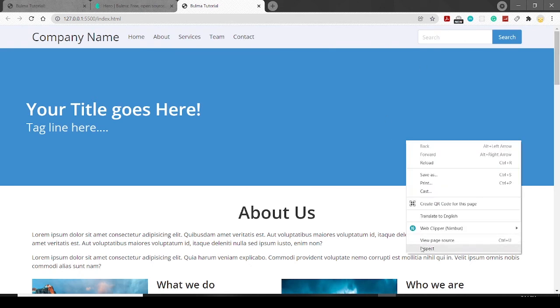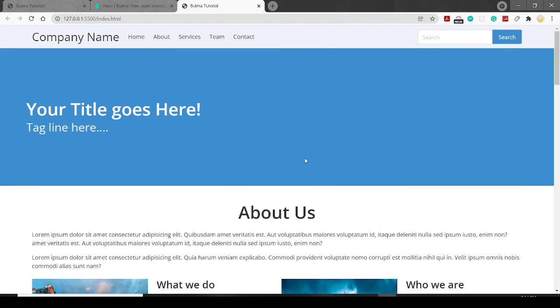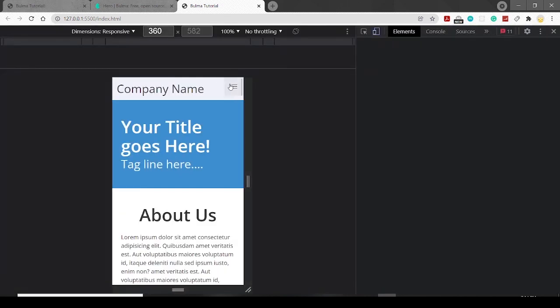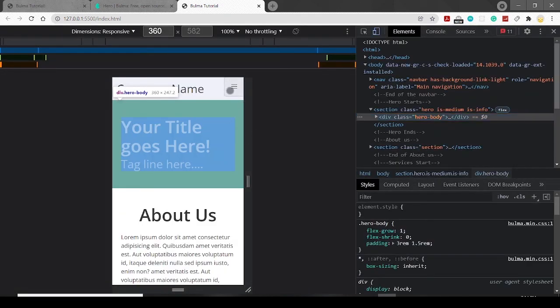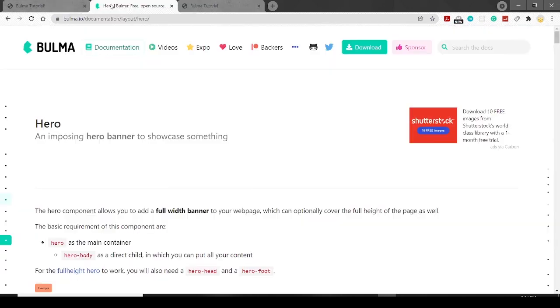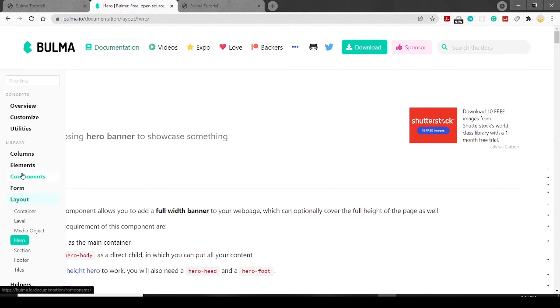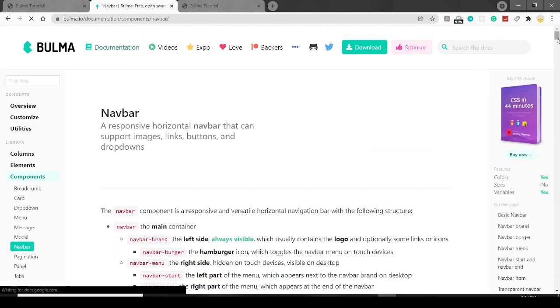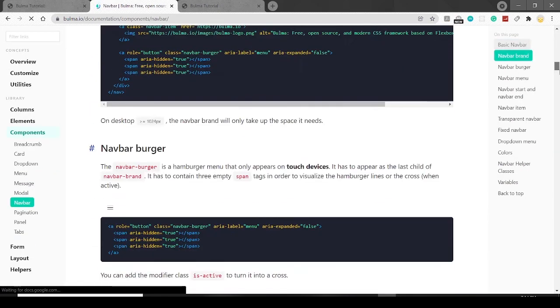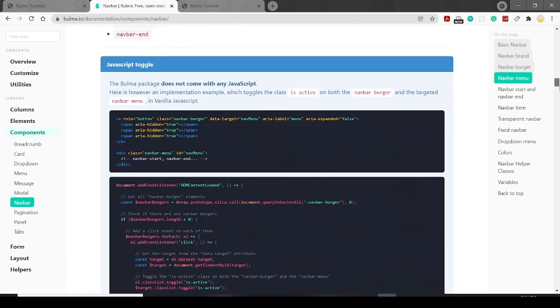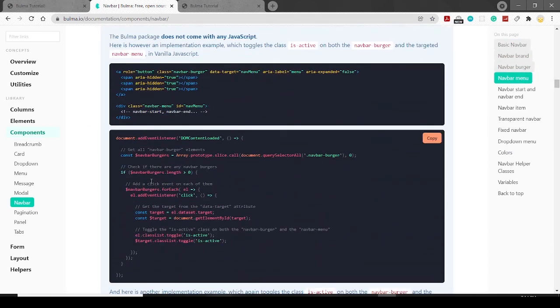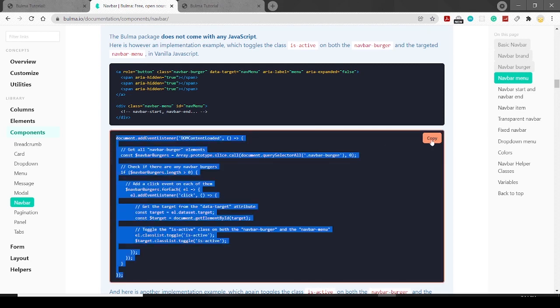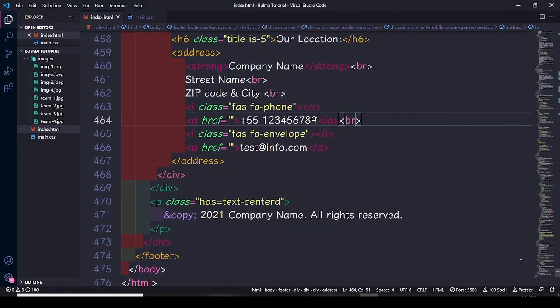There is another thing, the last thing we have to do is just to make this hamburger menu functional. So to make it functional, let's go back to the Bulma documentation, and here in the documentation, go to the component, and the component here is a navbar. Okay, click on the navbar, and after clicking on the navbar, you can see the different codes of the navbar. So here is the JavaScript code. Just copy this code from here, go to the